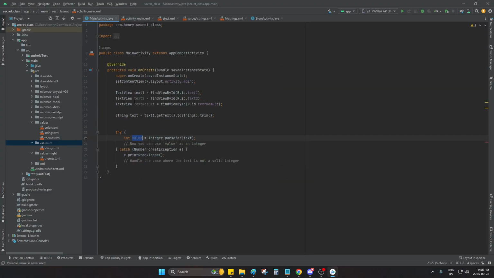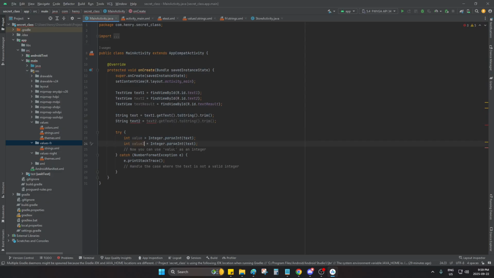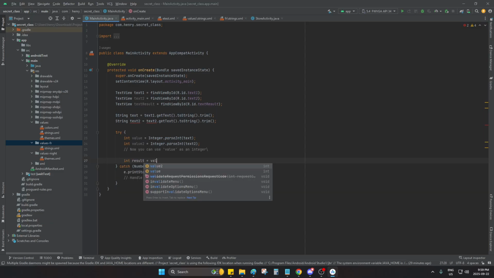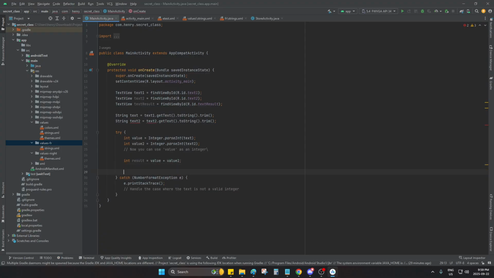You want the 10 as well. So we do the same thing for text2. Value 2. Obviously you want better names. I just do it to be fast. And now you add them together. So you have int result is equal to value plus value 2. And then